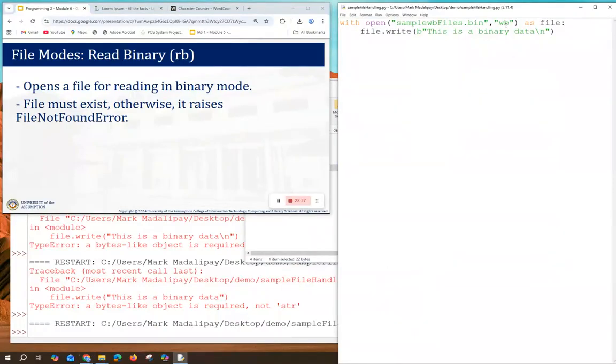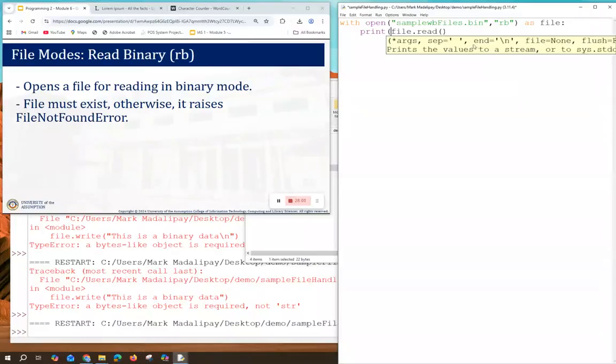So let's have RB, have your file. Let's store it in data. Maybe let's just print directly file.read. Save.